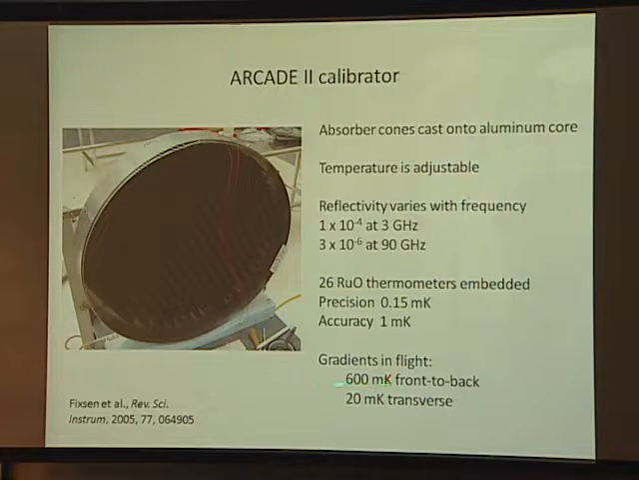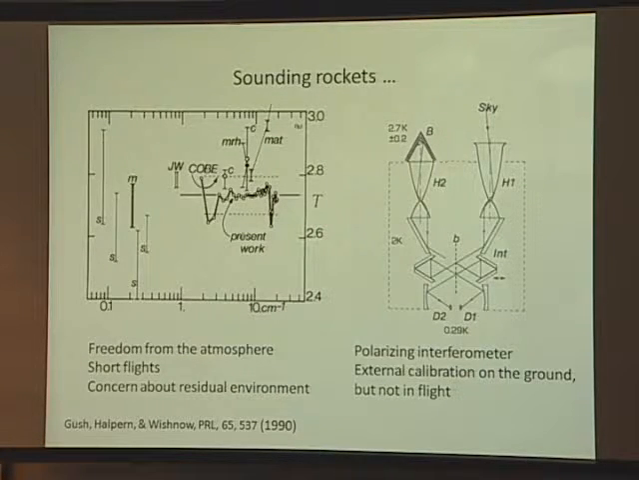And again, we had some difficulties with front to back gradients between the tip of the cone and the back of the cone in flight of about 600 millikelvin. And we had about 20 millikelvin transverse gradients in flight. Generally, just operating this in the residual atmosphere has been leading to the gradients, and I think has convinced us to some extent that balloon altitudes offer a hope to do well, but it's hard to do a lot better than what we think we've already done. Of course, one can also get above the atmosphere entirely by going to a sounding rocket,